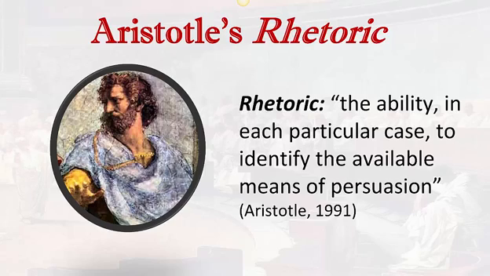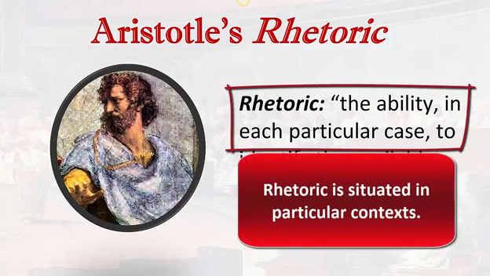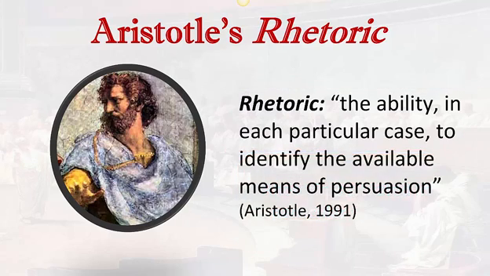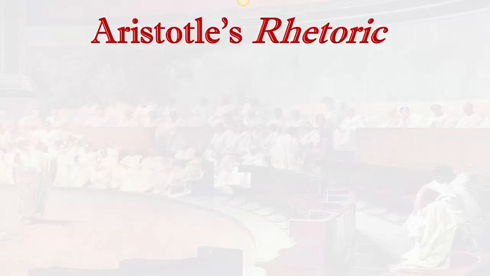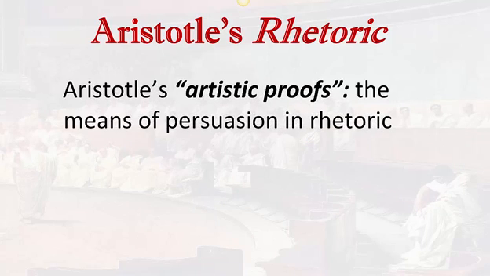In earlier videos in the series, we've emphasized the first part of this definition, in each particular case, to emphasize the idea that rhetoric is situated. So now what we need to do is emphasize the second part of this definition, the available means of persuasion. How is it that a speaker can locate and select their available options in order to try to accomplish their goals with their audience? For Aristotle, the available means of persuasion were understood as what he termed artistic proofs, the